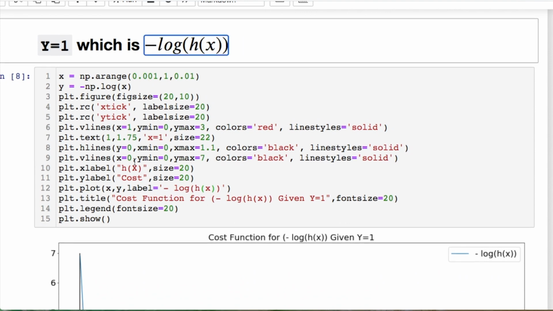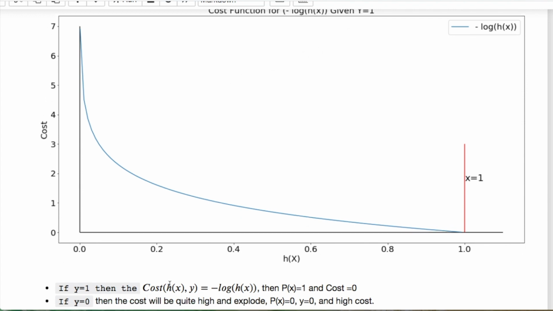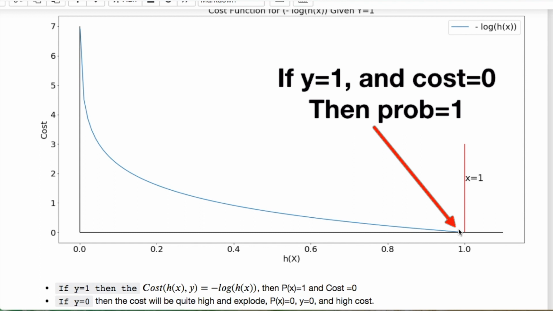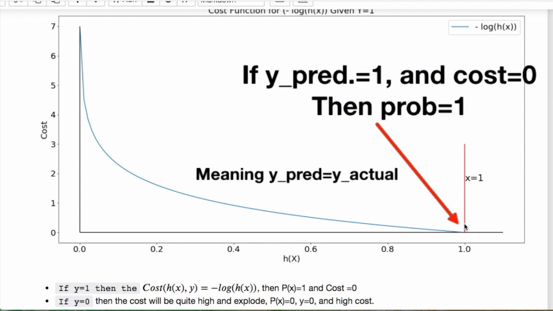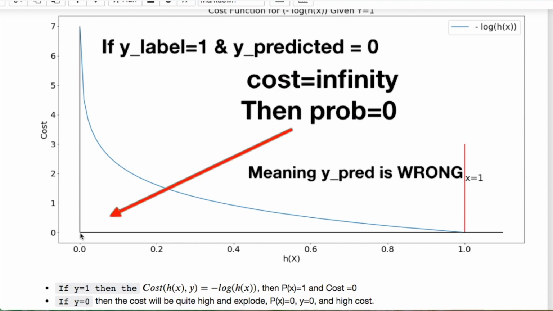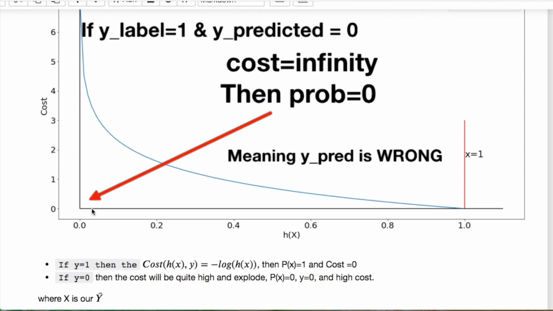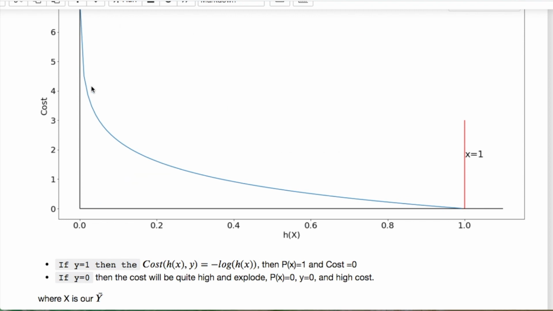First is the negative log of our hypothesis. You'll notice for our cost function for the label equaling 1, here's our cost on the y-axis, here's our h of x, and we're saying if we have a cost of 0, then we will say let our hypothesis of being the label and actually predicting the label are the same, and we have 0 cost. If the label is 1, we predict 0, we're going to incur a high cost. That's what's going on here, and it explodes. Therefore, your probability is 0 if you predict your label of being 0 when the label should have been 1.